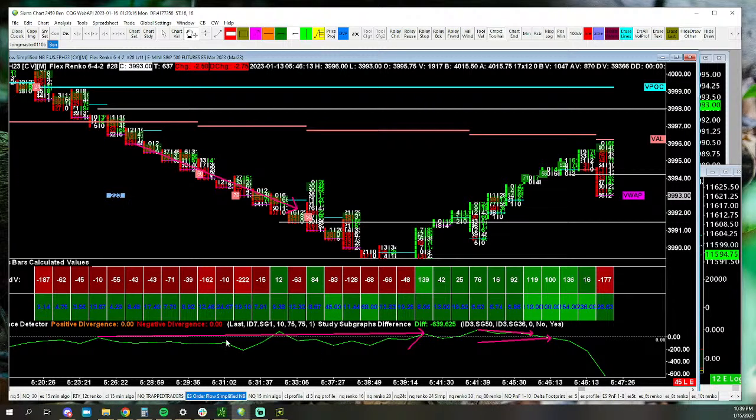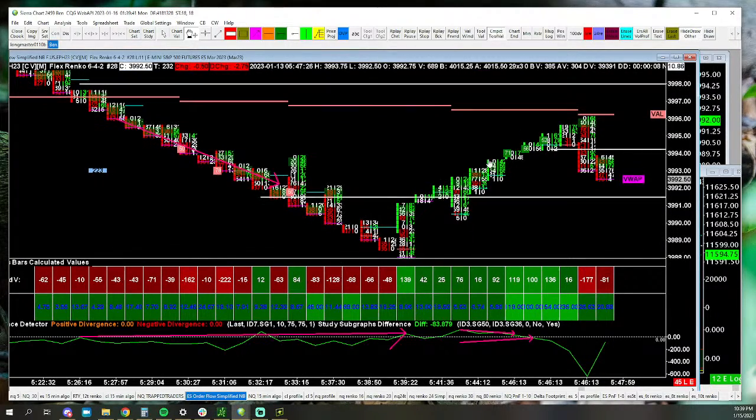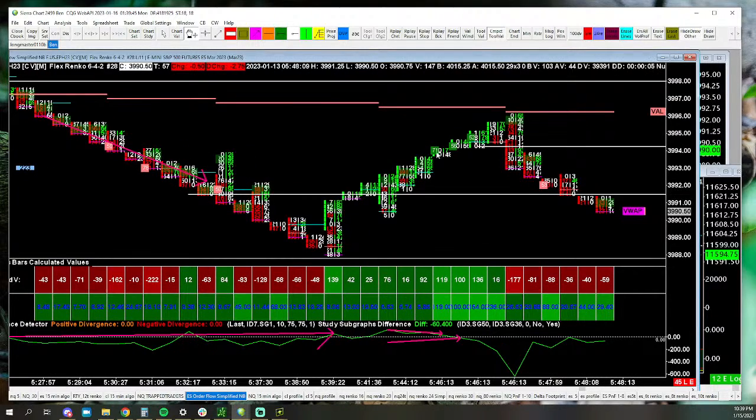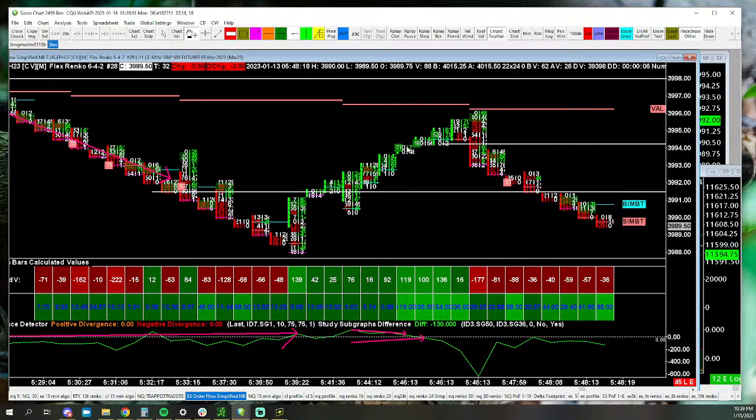So what do we know about that? We know that when it makes lower lows on the indicator but higher lows in price, it's probably not going to continue if it bounces. So if this starts to lift, and especially if it goes back over the zero line, and we haven't broken down this level that I mentioned before was really important for buyers to use as support, I'm out of that short immediately, right? Whereas if we can't find any buyers anywhere, well, then it's just going to continue lower, right? So they get to that level, and they just find zero interest whatsoever, even below the level. So there's no reason to exit the short at all.